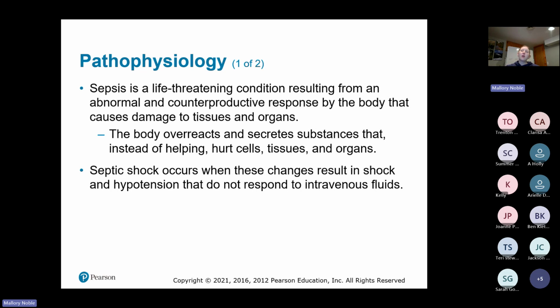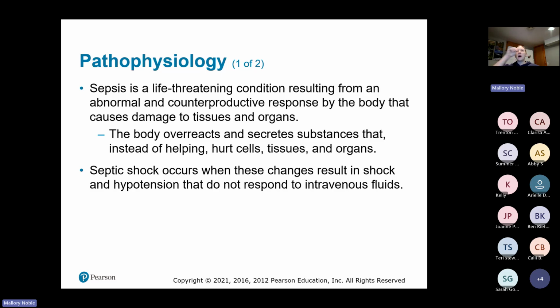But sepsis is a life-threatening condition that results from the abnormal and counterproductive response by the body that causes damages to tissues and organs. The body overreacts, secretes substances that, instead of helping, hurt cells, tissues, and organs. That was a lot of words, right? What does it mean? Well,